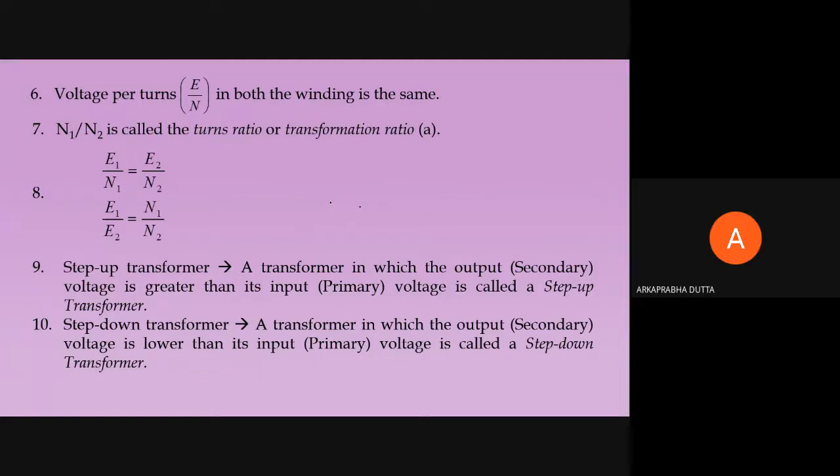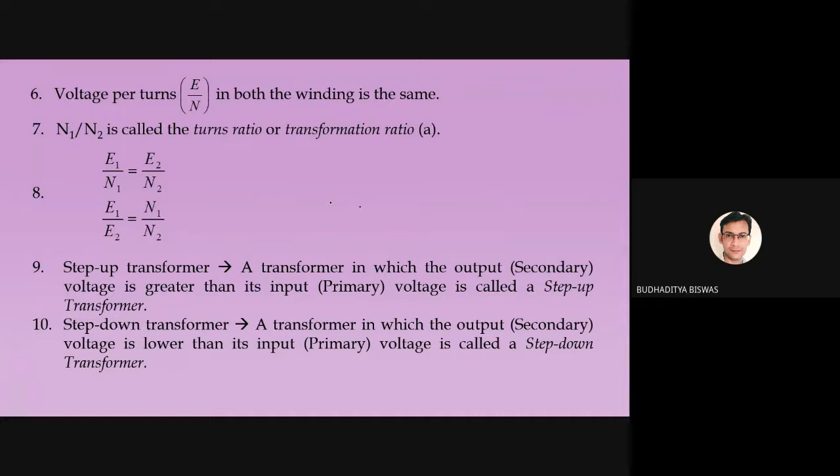Current, if we apply some voltage and the circuit is closed, will instantly flow through this. One thing that does depend on time is energy. Energy is power consumption multiplied by time. That's why, depending on how much time you use the AC or the fridge in your home, you need to pay the bill to the electric supply agency. So this energy depends upon time.